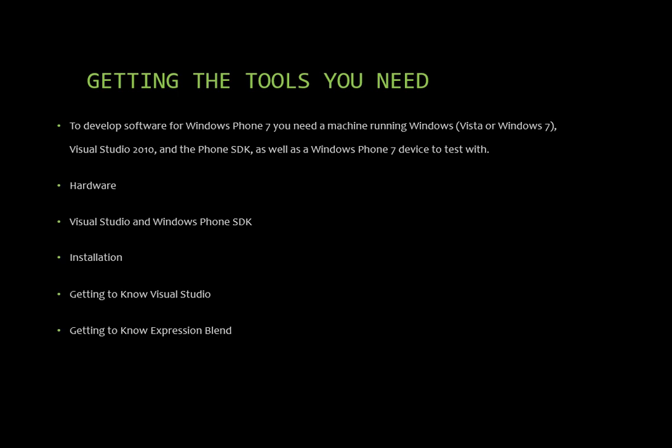To install this Windows Phone SDK, you require either Windows 7 or Vista in your system, free space of about 4 GB, and you need to have 3 GB of RAM. Then a graphics card that supports DirectX 10 or a WDDM 1.1 driver. All these things need to be there when you're installing the Windows Phone SDK.